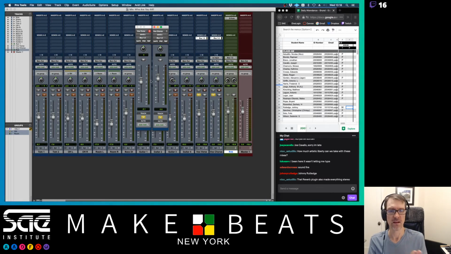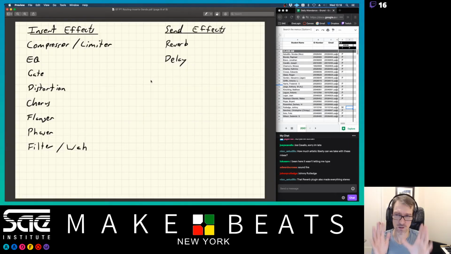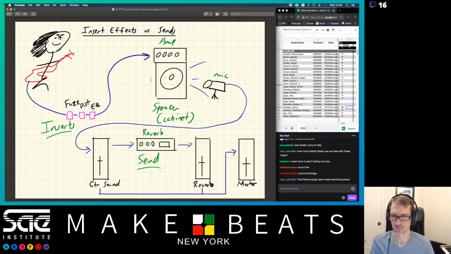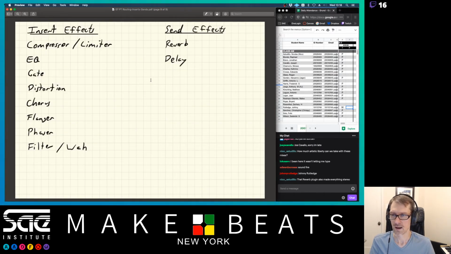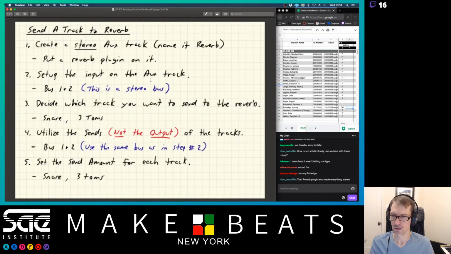Let's take a second to stop and go back and look at the notes here, just to make sure we're understanding everything that I'm talking about, because this is some pretty complicated stuff. It's not complicated, but we need to make sure that we're understanding it correctly. Okay. So first of all, we've got our insert. We don't have any insert effects on here right now. We've got our send effect here, which is our reverb here. And what we're doing is